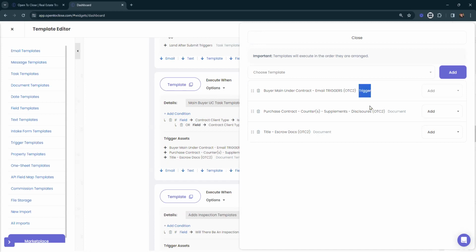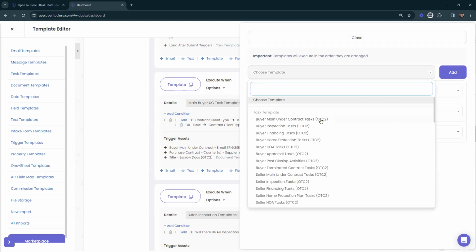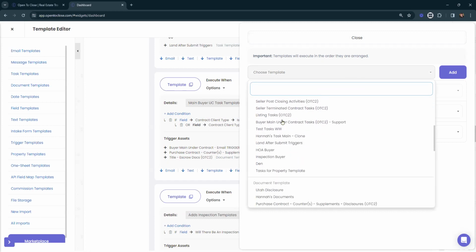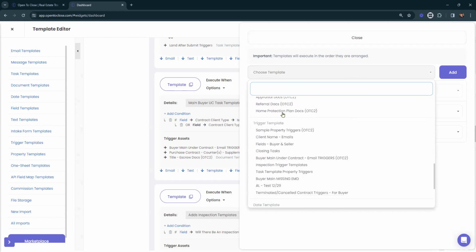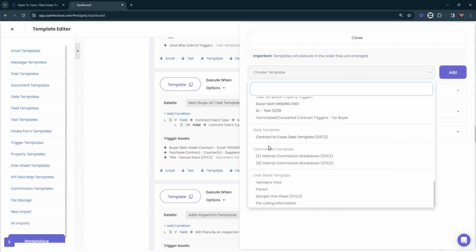Next to the name of that trigger asset, so here we've got main buyer under contract email triggers, we can see the word trigger, document. You may also see the word task. If you need to add on more templates, you're just going to click where it says choose templates, and you can select either task templates, document templates, trigger templates, date template, commission template, or one sheet template to add to